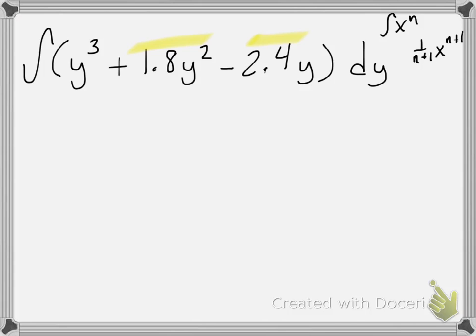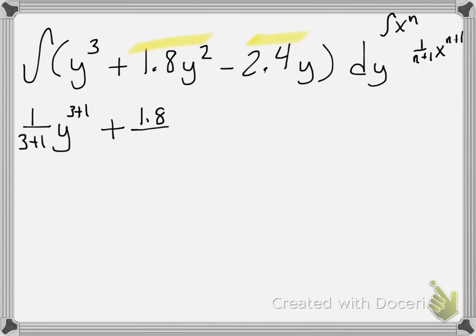So it's nothing new, it's just in a little bit different form. Whenever we go to integrate that, we're going to have 1 over 3 plus 1, which is the n plus 1, y to the 3 plus 1, and it's going to be plus